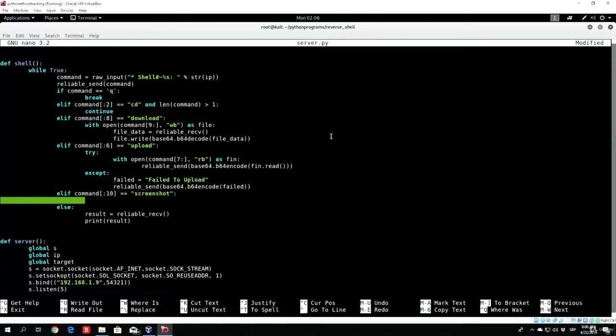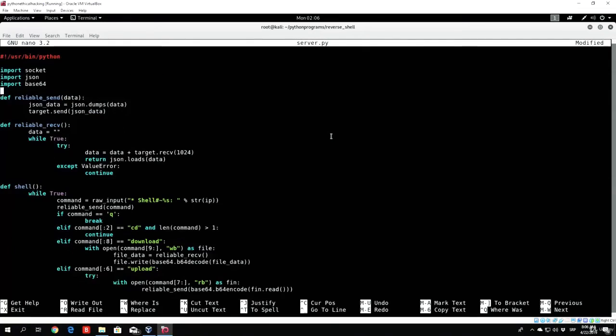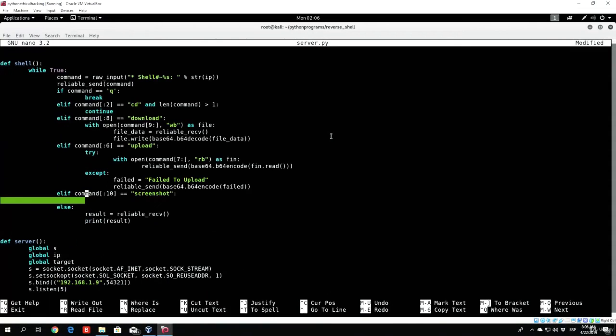Let's think about what we actually need to do right here. As I said, it will save every screenshot as the same file, so we need to change that. We will use a counter, or rather, we will just increase a variable. Let me show you right here, so maybe you will understand it better. If you go down here,